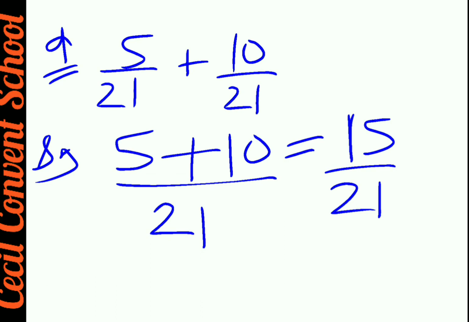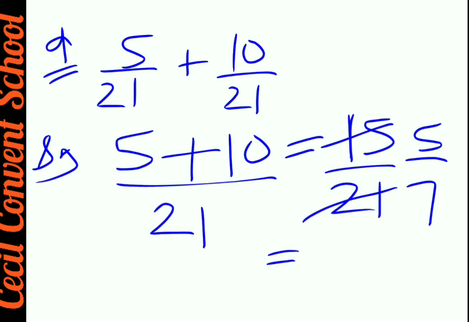If you see, both the numbers come in one table, the table of, 15 and 21 come in which table? It comes in the table of 3. So you can cut it by the table of 3. So the answer will be 5 by 7. How? Because 3 5s are 15 and 3 7s are 21. So this is the final answer. Clear? So 5 by 7.